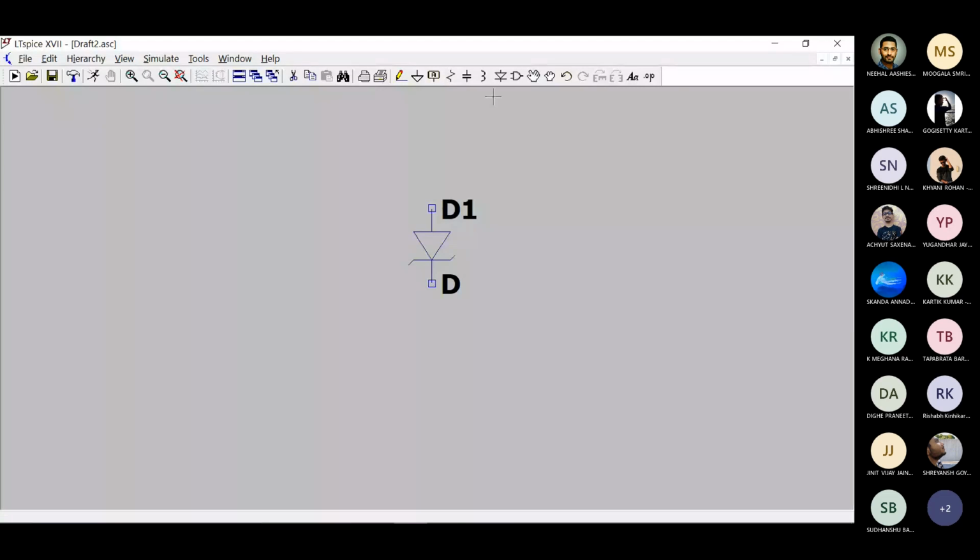So I would advise you on a couple of shortcuts. What you can do is click on C on your keyboard and a capacitor appears here. And if you want to rotate it, you can just press Control R and it gets rotated. Let's click on V right now, and then you get a voltage source. And if you want ground, click on G. If you want an inductor, L, and so on.